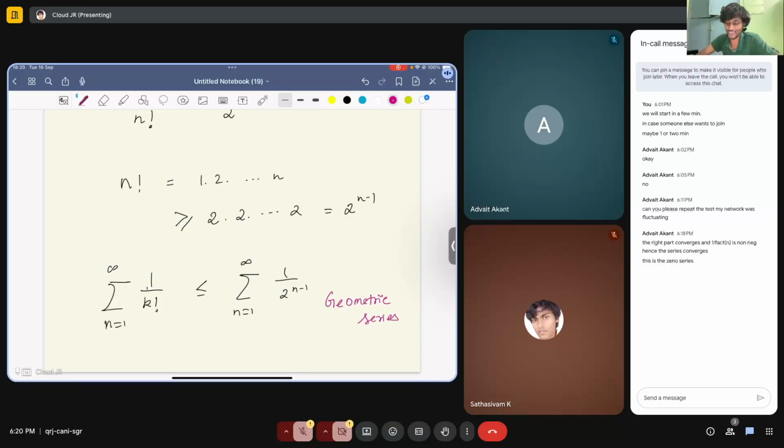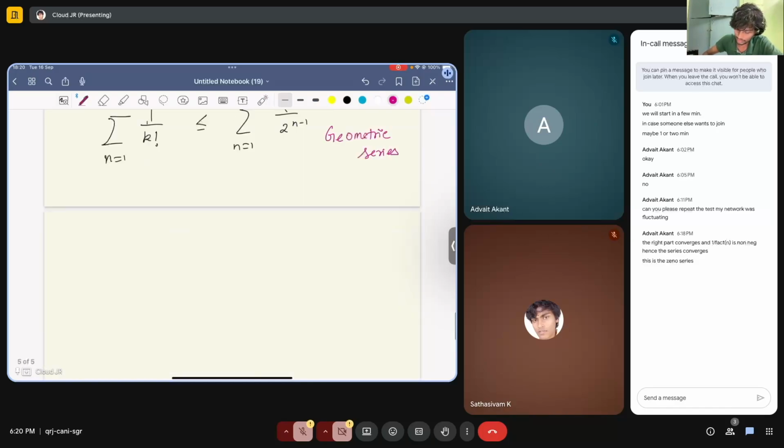Yeah, in the stories of... yeah, yeah, the Zeno paradox was there, right? The exact series came in there. Yeah, you are right. But in general, you can call it something called the geometric series, and the geometric series